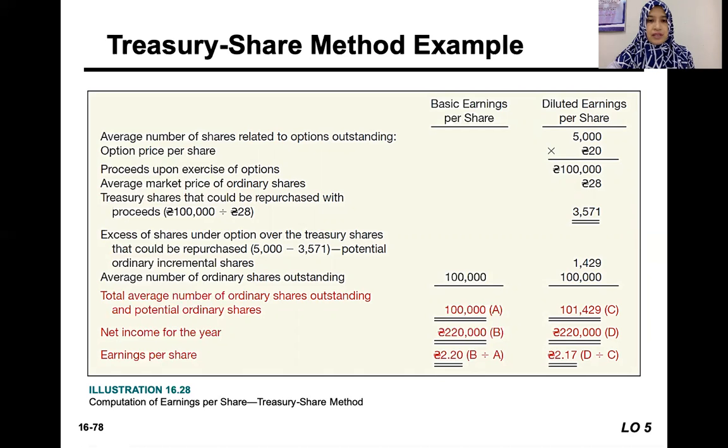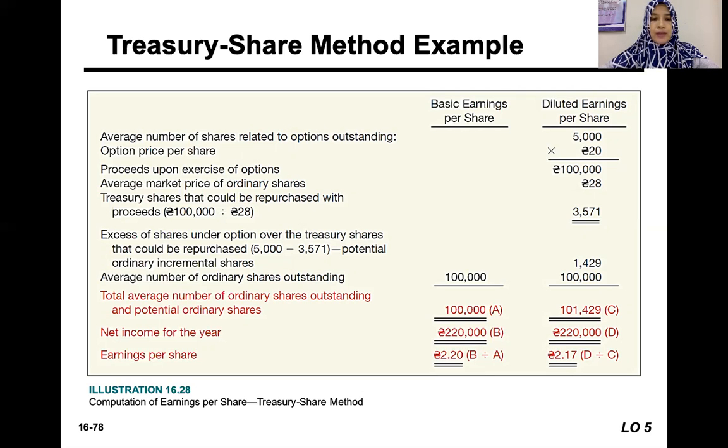So treasury shares that could be repurchased with the proceeds is 100,000 divided by $28, which is 3,571. The excess of shares under option over the treasury shares that could be repurchased, the potential ordinary incremental shares, is the total number of shares related to options outstanding, 5,000, minus the treasury shares that could be repurchased,